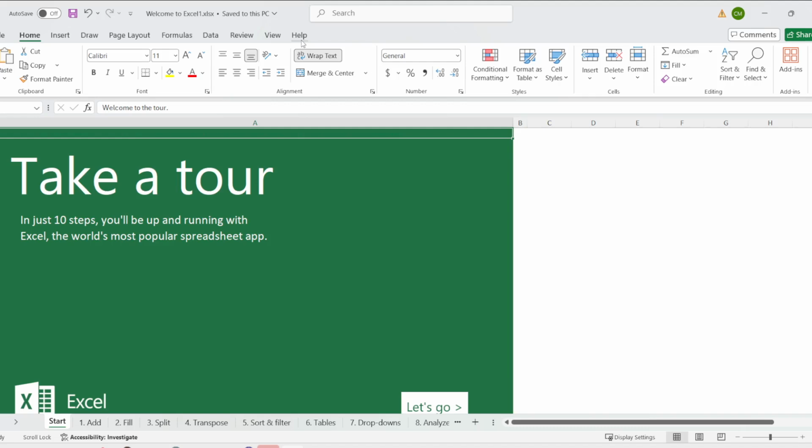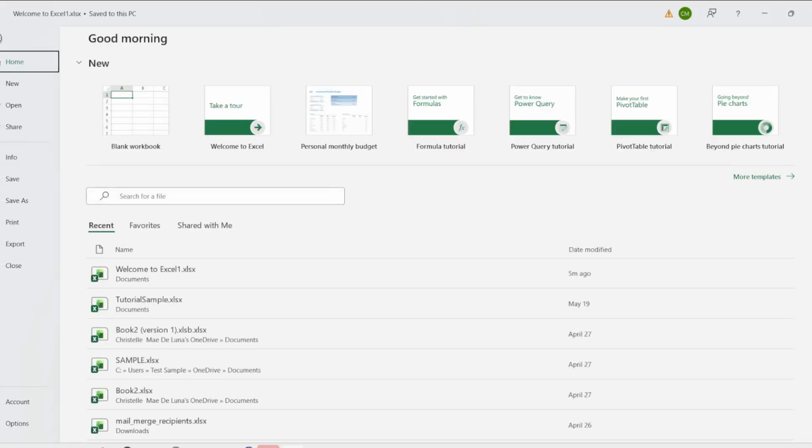Next, click the File tab. This is usually located at the top left corner of your screen. Upon clicking it, you will see a menu pop up that offers various options related to your Excel file. This tab is your gateway to many important settings and features. By accessing this menu, you will be able to make changes to the permissions and security of your document. It is a straightforward action, but it is vital for navigating to the necessary tools.